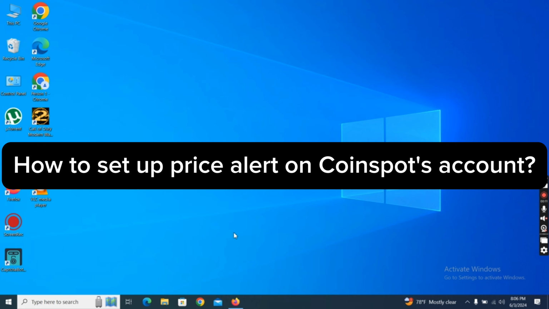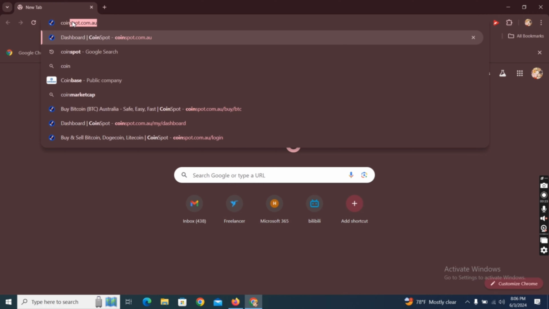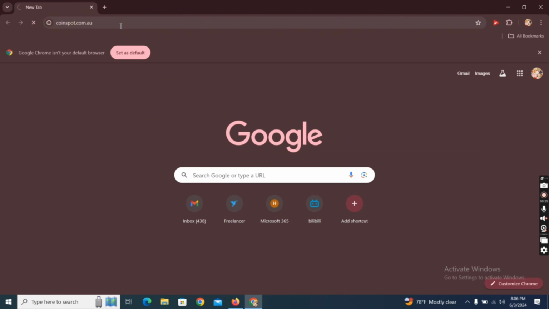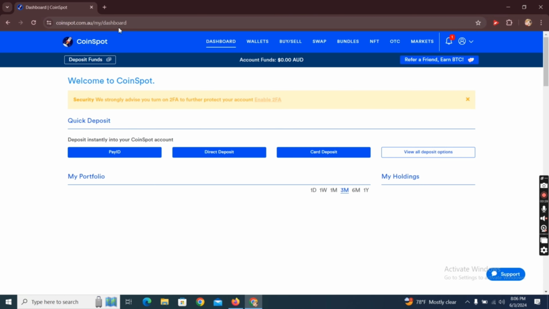To set up your price alerts on Coinspot, firstly go ahead and launch any web browser of your preference. On the search box at the top, type in coinspot.com.au and make a search. Log into your Coinspot account using your login credentials and the home page of Coinspot account will appear on the